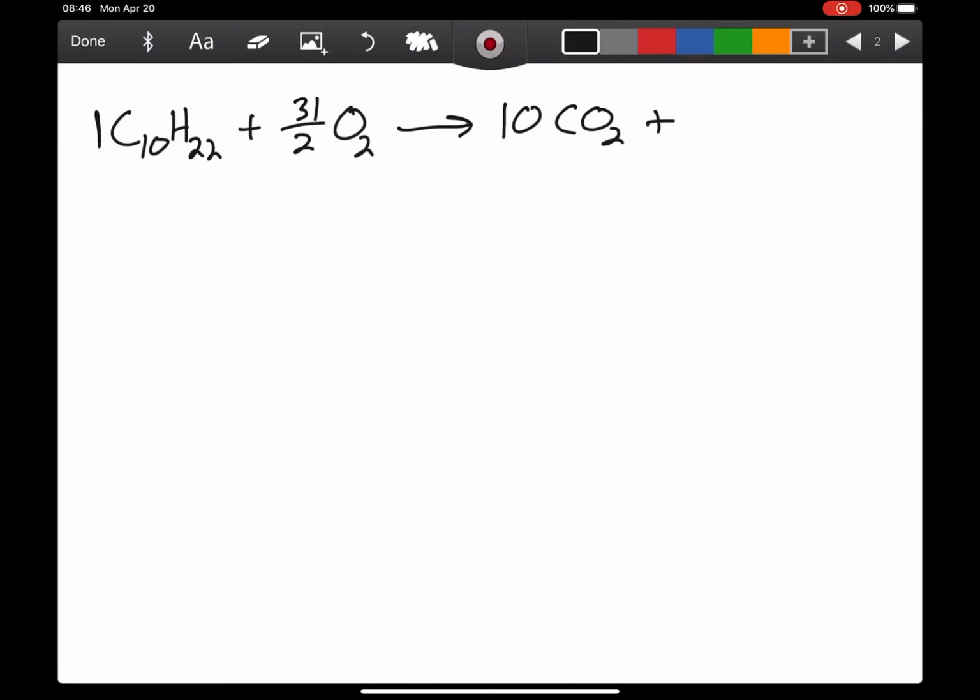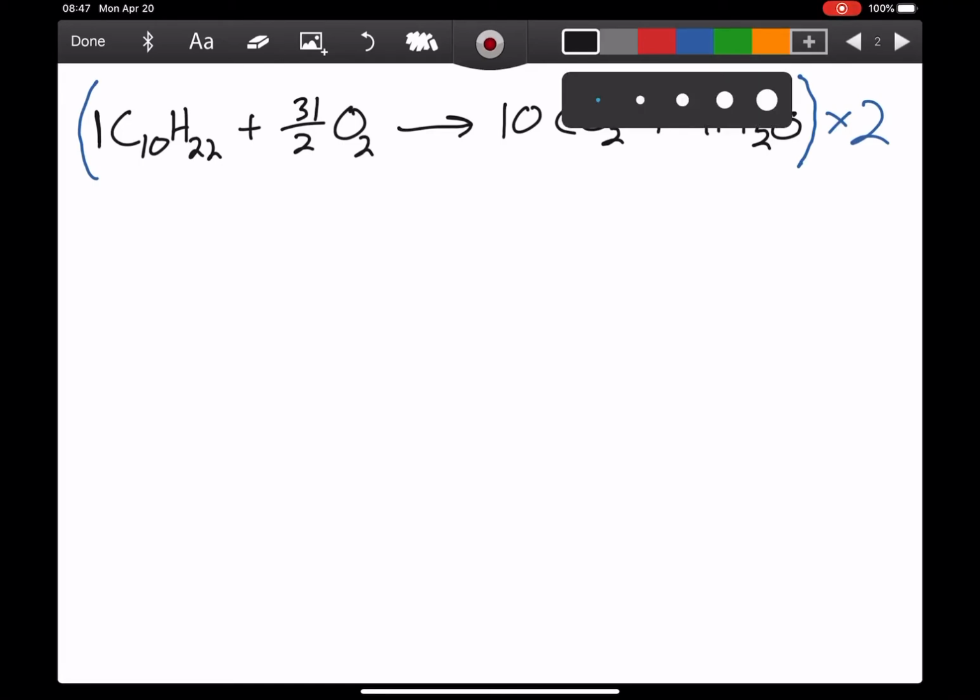So now we can write our balanced chemical equation. So we know that 1 C10H22 plus 31 halves of O2 is going to form 10 CO2 plus 11 H2O. Now this is a balanced chemical equation, but it's not in its simplest form because we have a fraction here. So because 2 is in the denominator, if we multiply everything by 2, we will be able to get rid of that denominator. So we're going to multiply the entire chemical equation by 2, which is going to give us